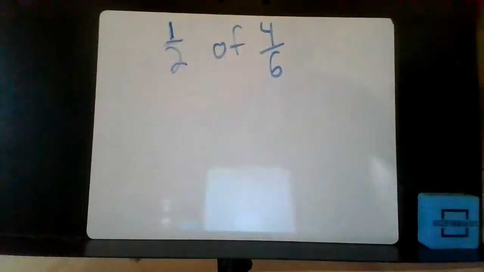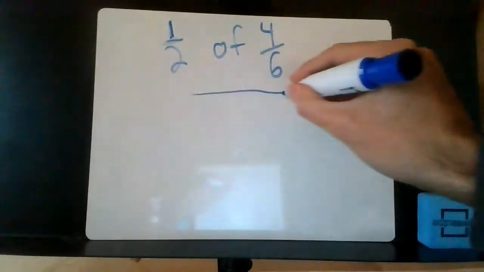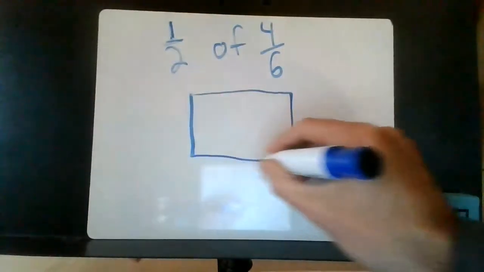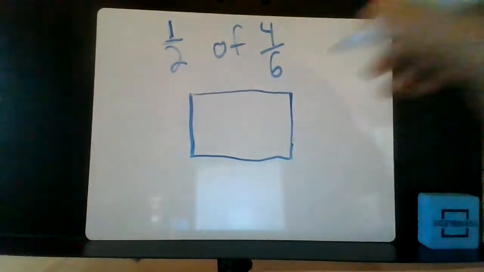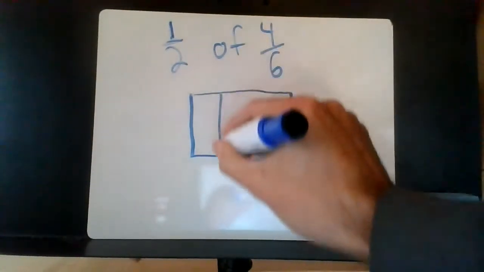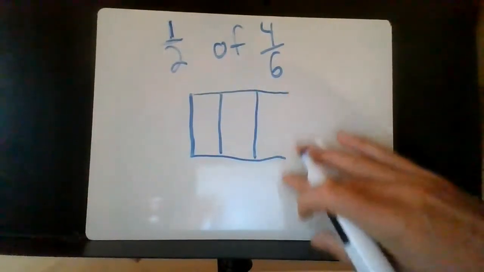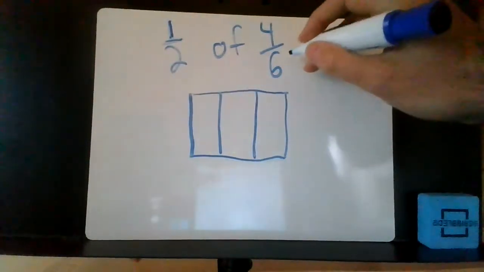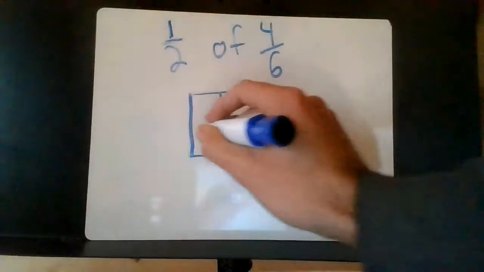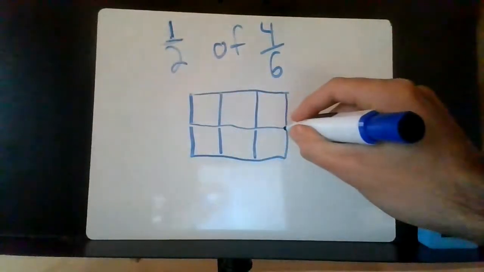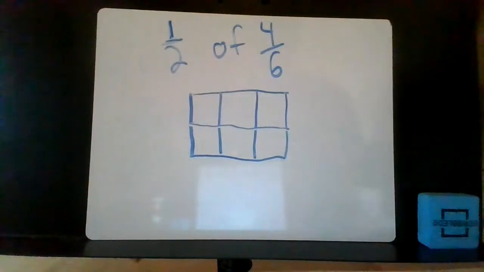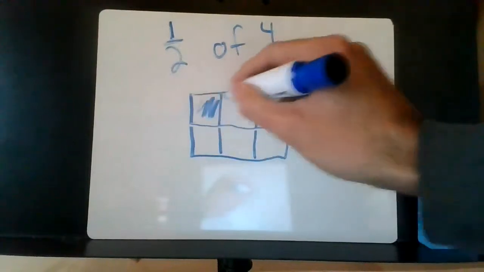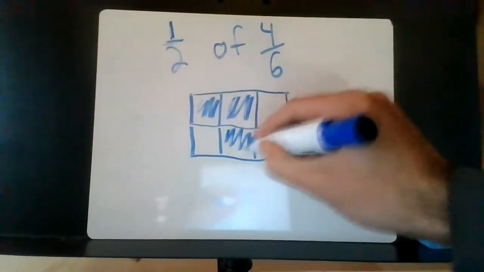So I really like drawing models when I'm multiplying fractions. It's really helpful for me. Hopefully it's helping you as well. So I'm going to go with a rectangle model here. And I'm going to split it first up into thirds. I'm going to make this a little bit more accurate. So 3 equal parts. But I know that I need 6 equal parts, so I'm going to draw a horizontal line through the middle of this rectangle. So I've split my model into 6 equal parts,